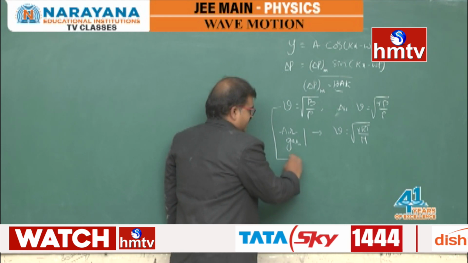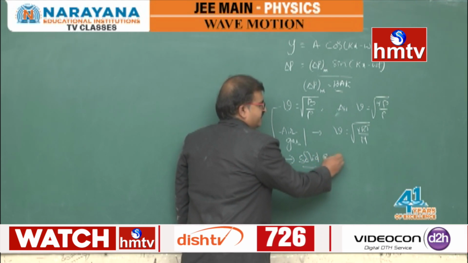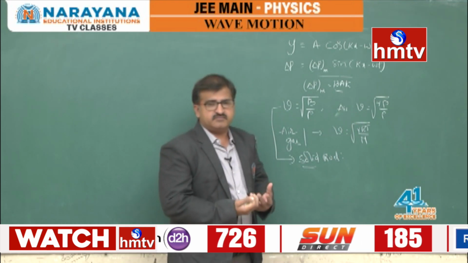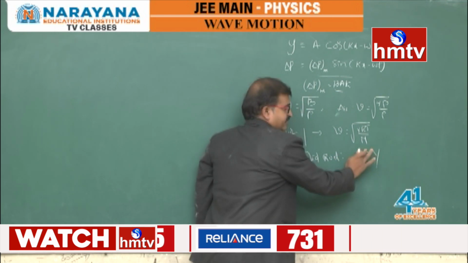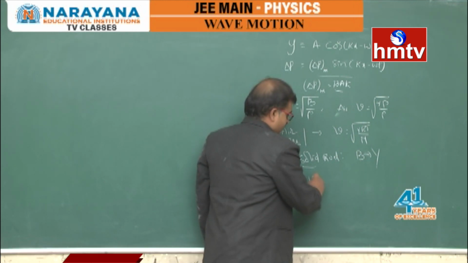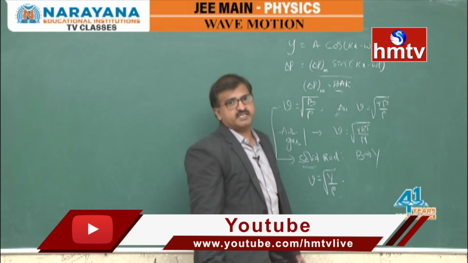The same case in a solid, and that too a solid rod, if you take it, instead of taking the bulk modulus for the pressure variation, the bulk modulus value will be considered as the Young's modulus value in the case of a rod. So the velocity V will become root over Y by rho.